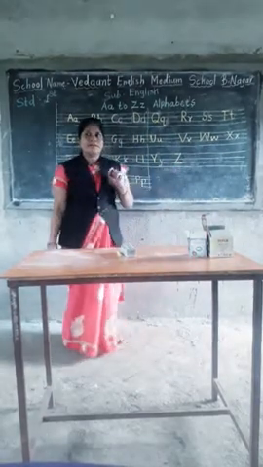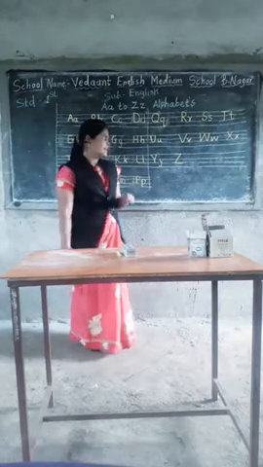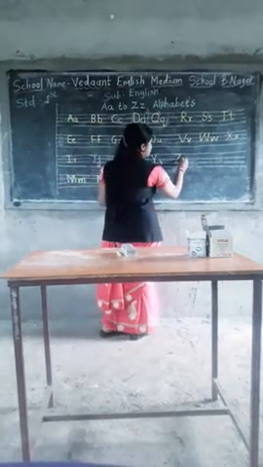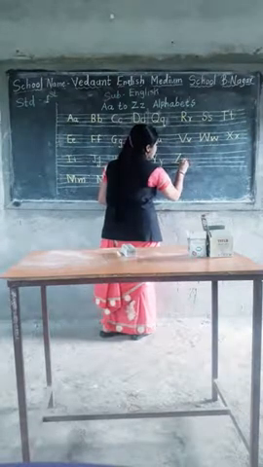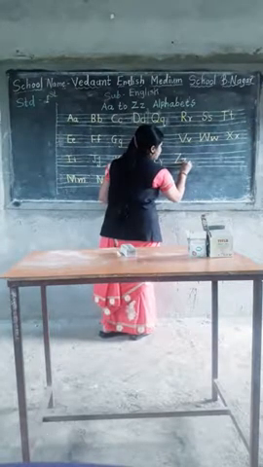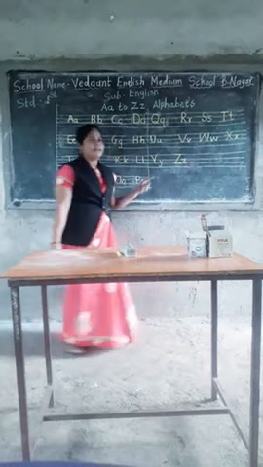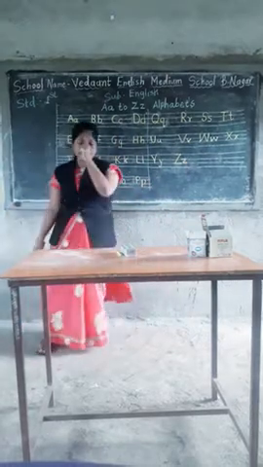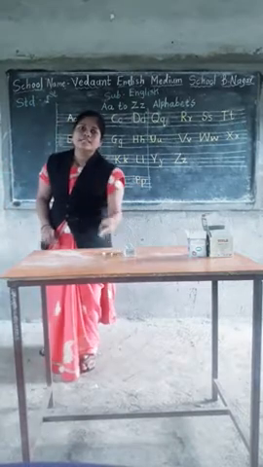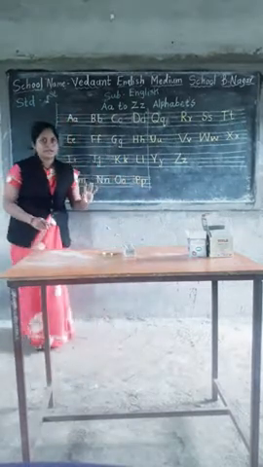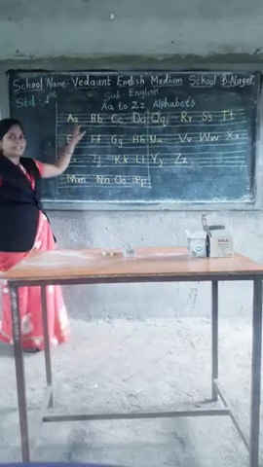Okay, after that we will learn a small z. Let's learn. In the middle 2 lines, sleeping line, slanting line, and again sleeping line. In this way you write the alphabet. So let's read it once again. These alphabets. Okay. Say after me.